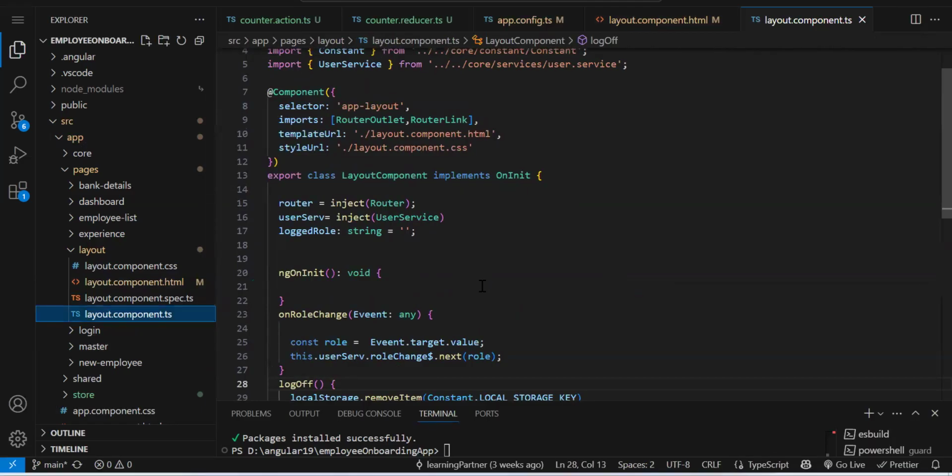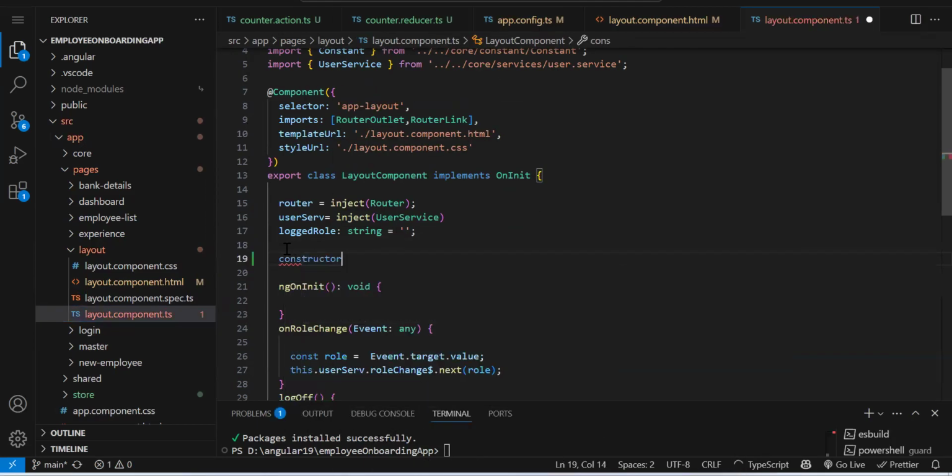Just like how do we inject our service? Now, just like that, we have to register our store. Fine. So constructor, round bracket, curly bracket. Now here we have to register our store. So private store. Okay.